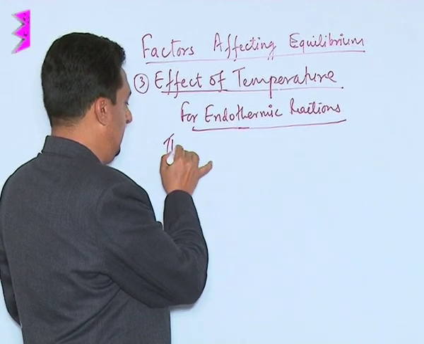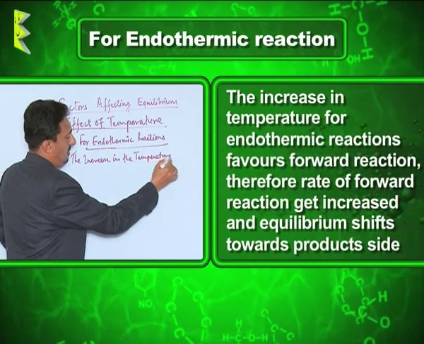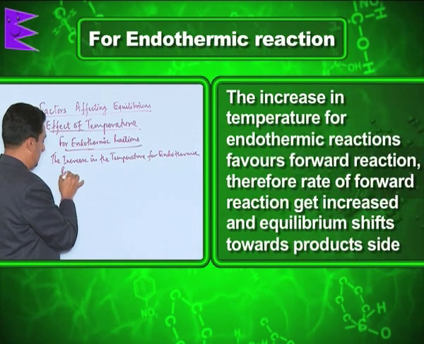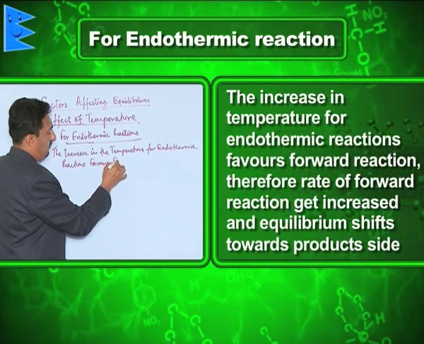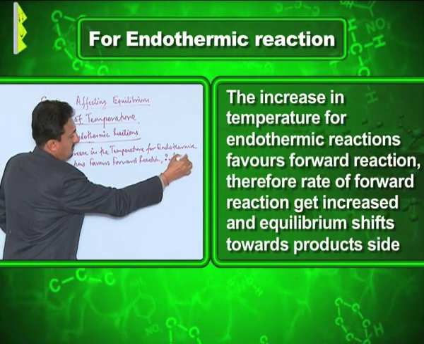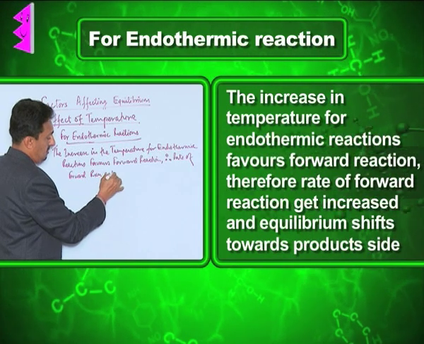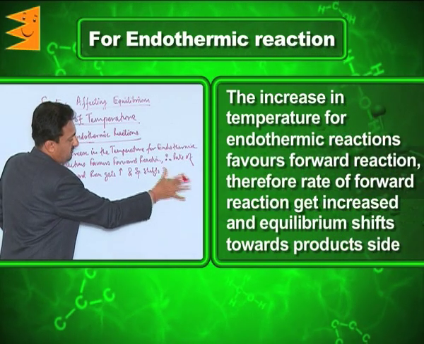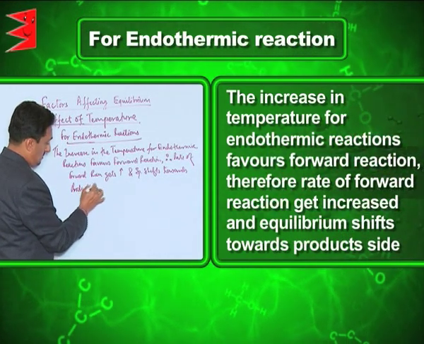Now remember, the increase in the temperature for endothermic reactions favors forward reaction, therefore rate of forward reaction gets increased and equilibrium shifts towards products side,